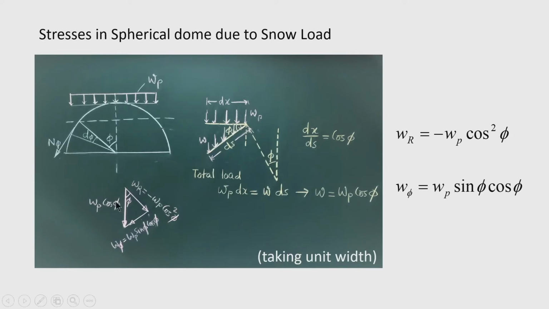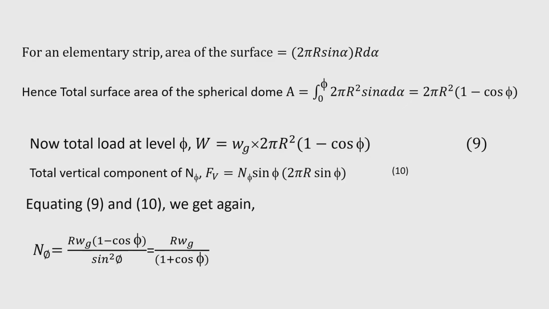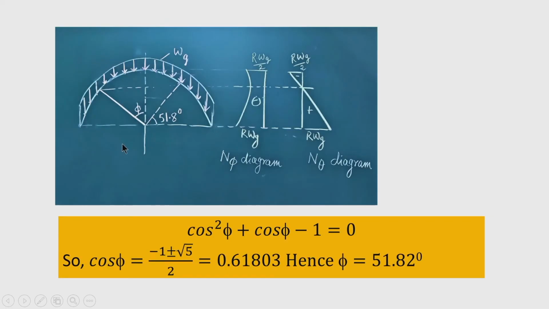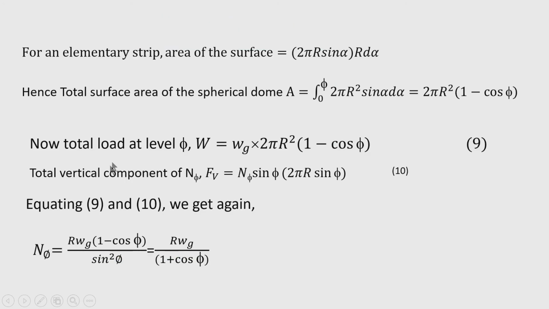because we know the relation n phi by r 1 plus n theta by r 2 equal to w r, whereas this n phi is obtained from this equation. So, n theta can be obtained simply by substituting n phi in the third equation of the equilibrium. Third equation of equilibrium is this equation. So, you can arrive at the same quantity that you have obtained by means of integration. This quantity is actually obtained by integration, other quantity is obtained by solving this algebraic equation n phi by r 1 plus n theta by r 2 equal to w r. Okay.